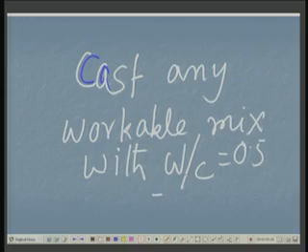If you are doing it for the first time, possibly you might take a longer period of time, but once some results are available with a set of aggregate and concrete, the same thing can be repeatedly used very easily. So, that is where the advantage of this sort of method comes in. Supposing I want to do monitoring of concrete strength in a quality control system, and there is a little bit of change I want to find out, I can use these curves very easily, right? Because it is not dependent on cement strength or anything of that kind.